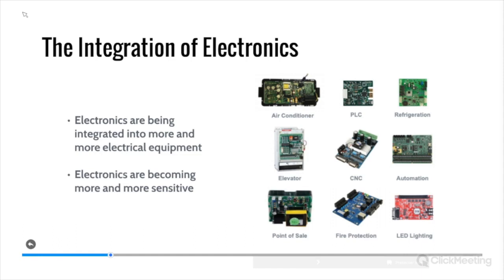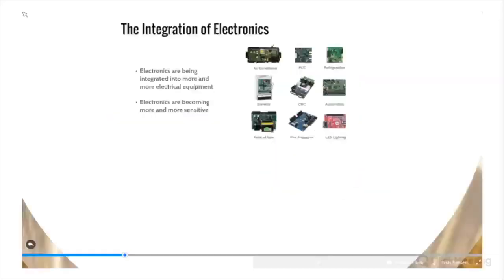So again, the complication is twofold. Not only are things getting more complicated, but some of these technologies are also highly corruptive, meaning that the noise and harmonics put out by frequency drives, ballast systems, and switching mode power supplies are putting a lot of contamination into our electrical systems. We need to understand that in terms of what protection we should be using and what the tolerance and immunity